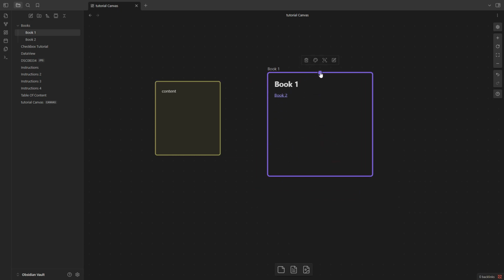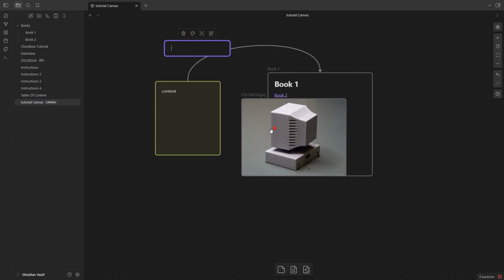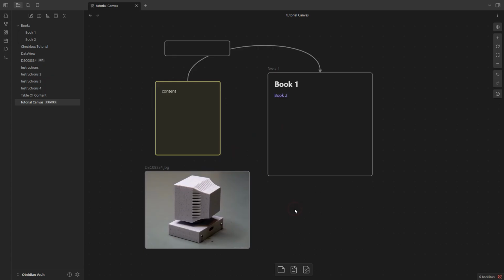To create link between these canvas items, you can click the dot and drag and drop the arrow until the other canvas object. You can also insert an image by clicking this icon, selecting the image, and yeah, you have successfully created your canvas in